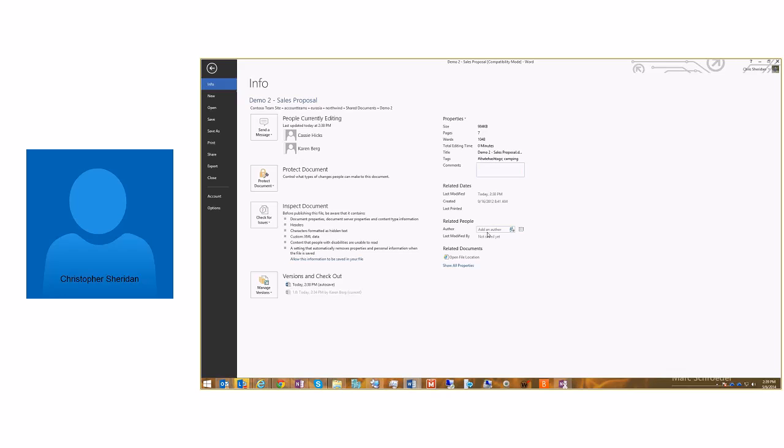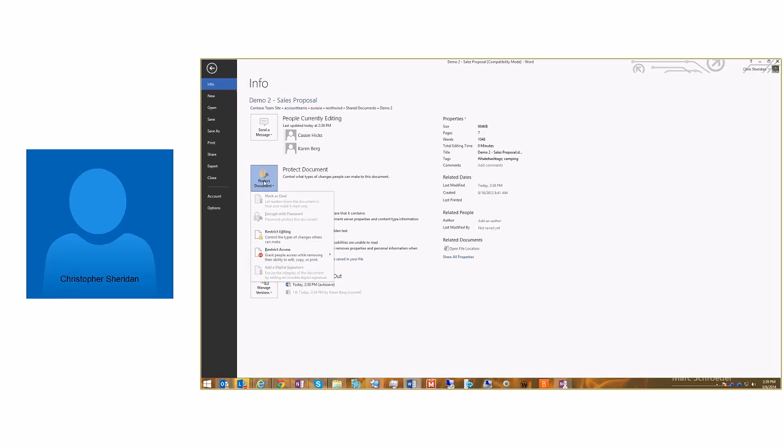I can see who the authors are. I can show the properties. I can manage versions, so I can see the different versions of the document. So I can see that there's a 1.0 created by Karen. 4 minutes later, there was an autosave that was done, and if I have permissions, I can jump back and look for different things. So again, I can choose to protect the document, restrict who has access, restrict who has ability to